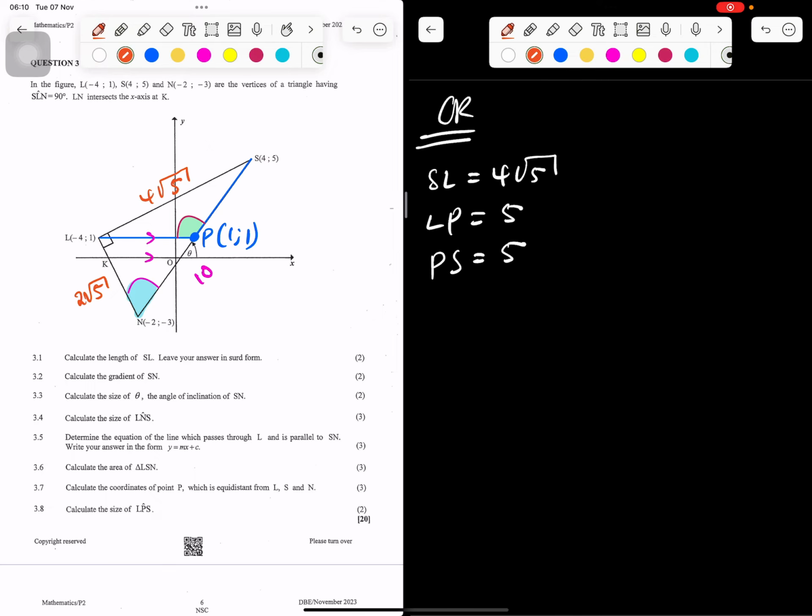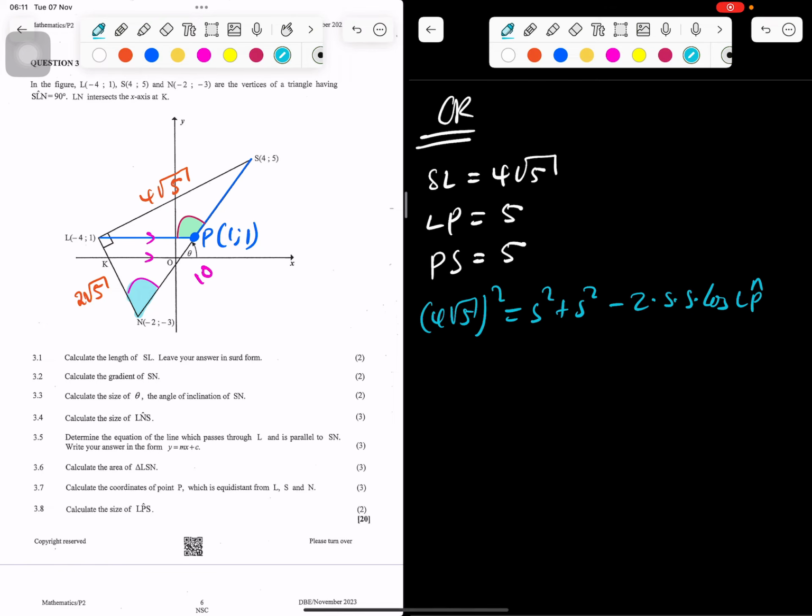Okay, on that I'll also use that method as well. So you will see that this is now going to boil down to a cosine rule, but it's 2 marks, by the way. So it's another way of doing it, however. So now you use cosine rule in this triangle to find angle P. So that is going to be 4 root 5, and then you square that, is going to be equal to 5 squared plus 5 squared minus 2 times 5 times 5 cos of that angle, which is